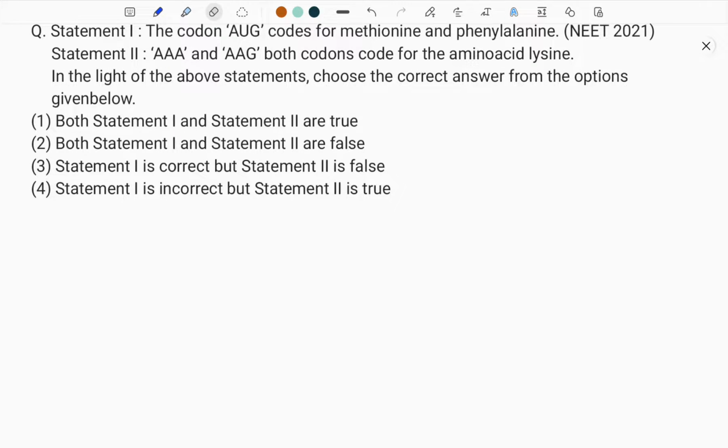This question is exclusively about the genetic code. We know that George Gamow proposed the triplet codon, that is, 3 nucleotides will code for 1 amino acid. We have a total of 64 codons, in which 3 are nonsense codons or terminating codons or stop signals, which include UAA, UAG, UGA. The remaining 61 codons code for 20 amino acids. So, the biggest task for every plus 2 student is to remember the 61 codons and their respective amino acids.